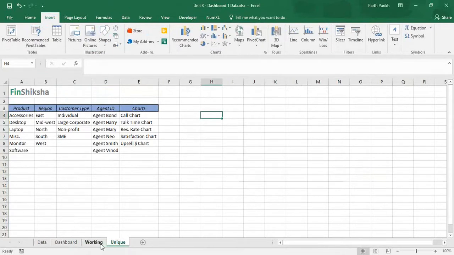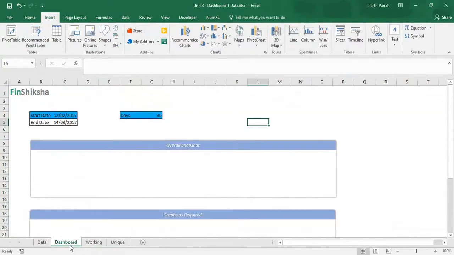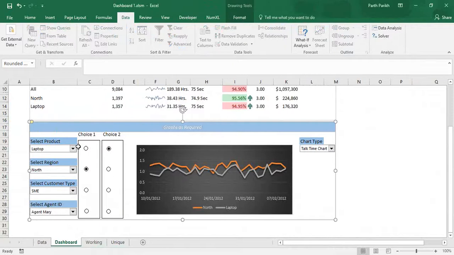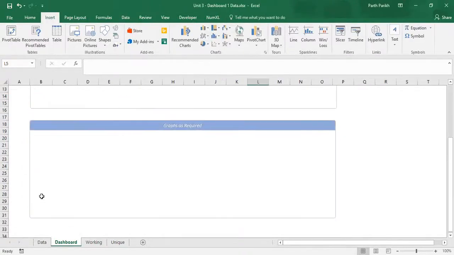We can create a link list also, or a drop down also from this list. So over here in our dashboard there are 4 separate drop downs. One is select product, select region, select customer type, select agent ID, and select chart type. So we will create these 5 drop downs. First starts with select product. So we will write this select product,